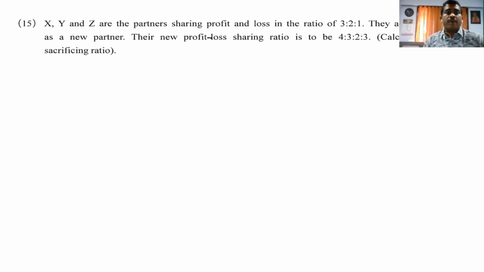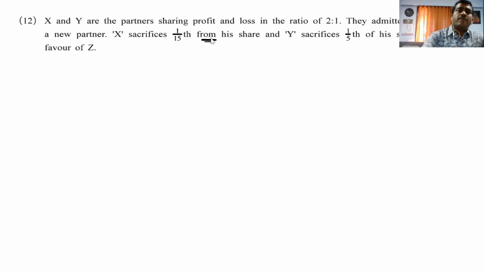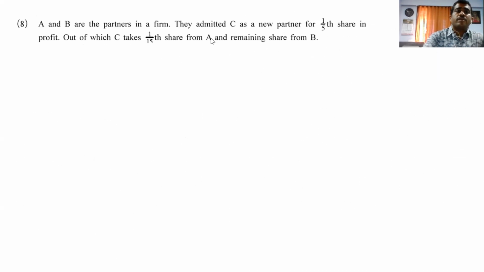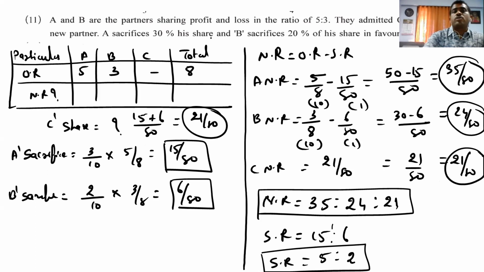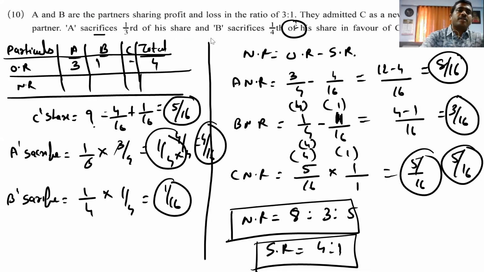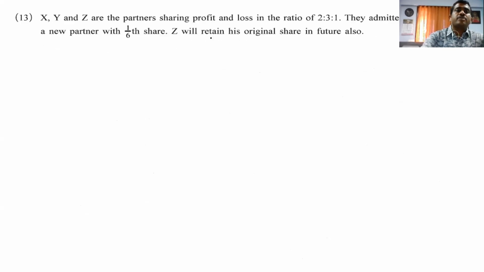So friends, after this, the first part, that is of ratio sums, we are completing, and then we start with another concept related to goodwill and all. So please practice this from the 12th question, and today we have solved 3 more. We have solved the 9th, most important question, the 10th is also a hard one, and the 11th is also a new one for us. So practice it very hard, then only will you get to know. So which are the questions? 9, 10, 11 and 12, 13, 14 and 15. Just you have to practice it.